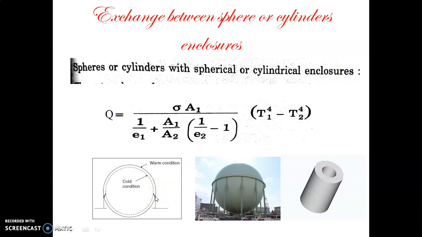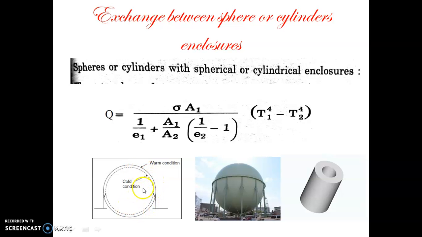Before going to the actual problem, I want to give some introduction. In the chemical industry, industrial gases or sometimes air are liquefied and kept in a sphere, and this sphere is enclosed by another sphere. The space between these two spheres is evacuated. Evacuated means the air is taken out, in other words, vacuum is created.